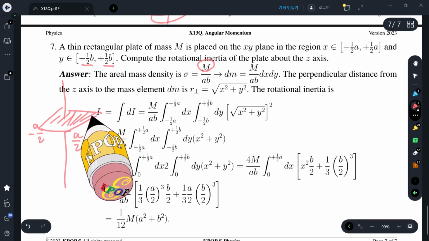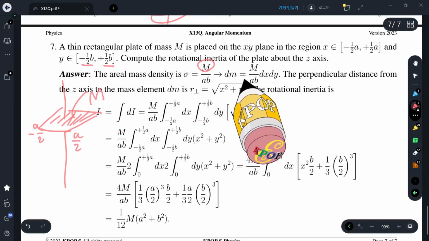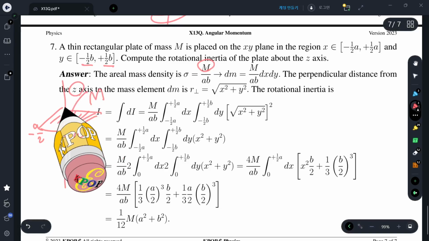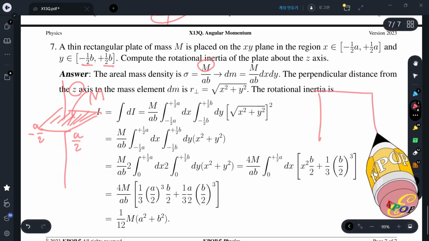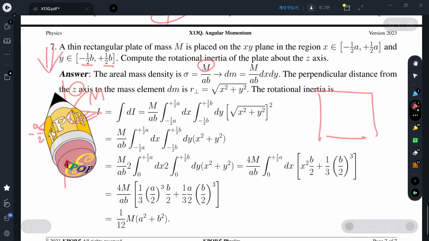So it is a kind of rectangle. We have mass M. The axis of rotation is the z-axis. If you look at this plate from above,